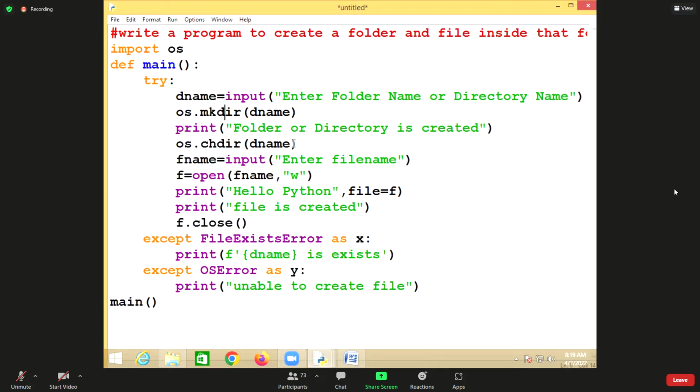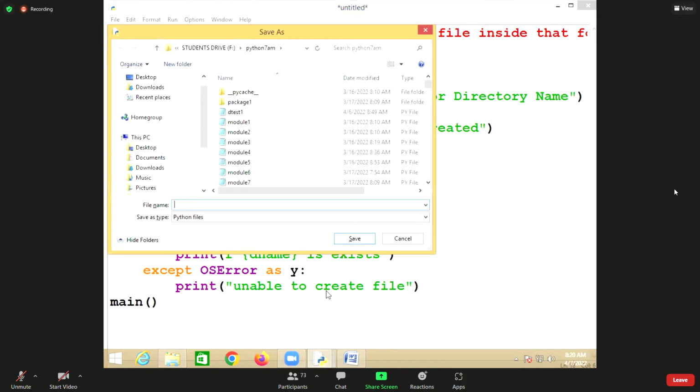So how many errors will mkdir raise here? Two errors. One is OSError if it is unable to create a directory. If the directory name is already there, you'll get FileExistsError. FileExistsError as X and OSError as Y. Now once you run this,